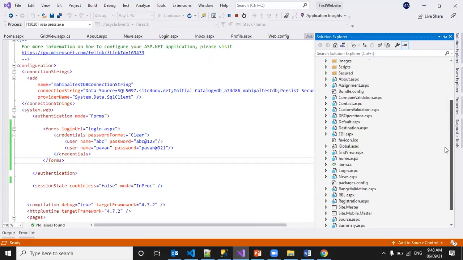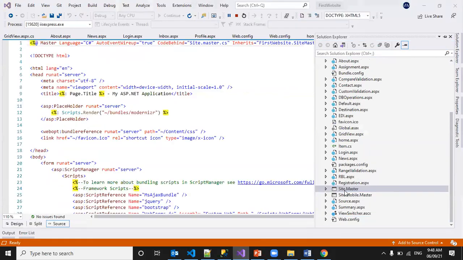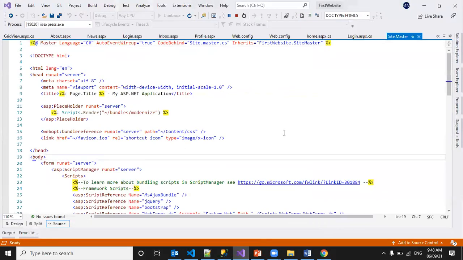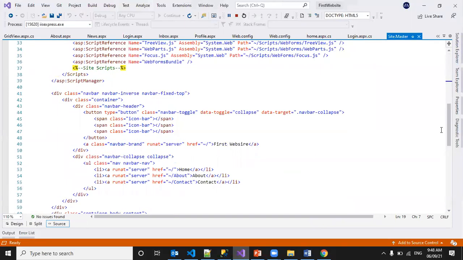Just refer to that part. So here, site master. This is a master page. Just refer to it. Okay.